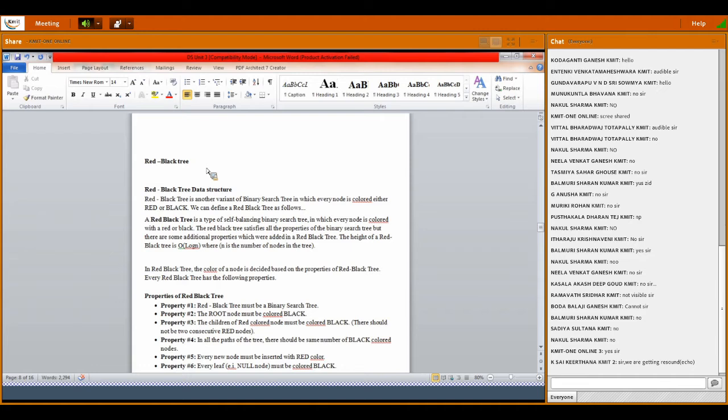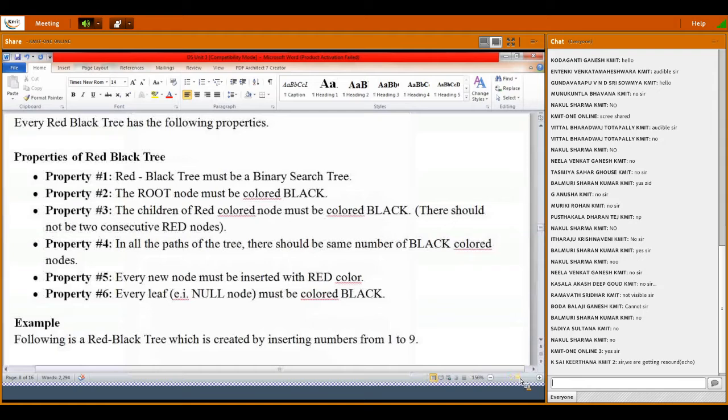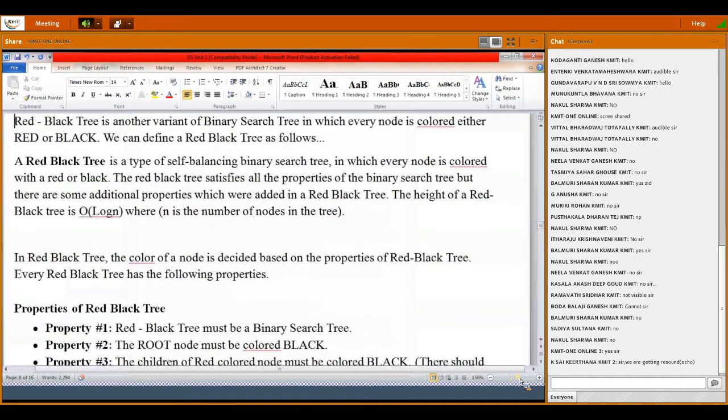And this red black tree satisfies all the properties of BST, but there are some additional properties also, those related to coloring.